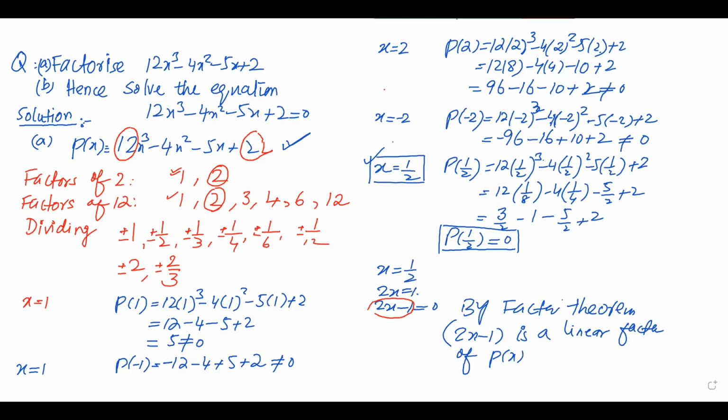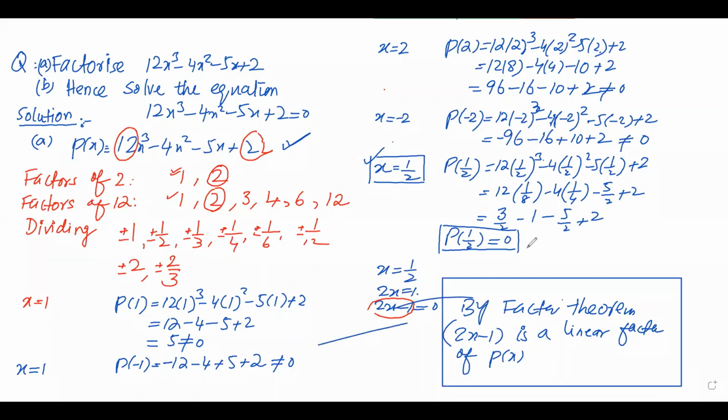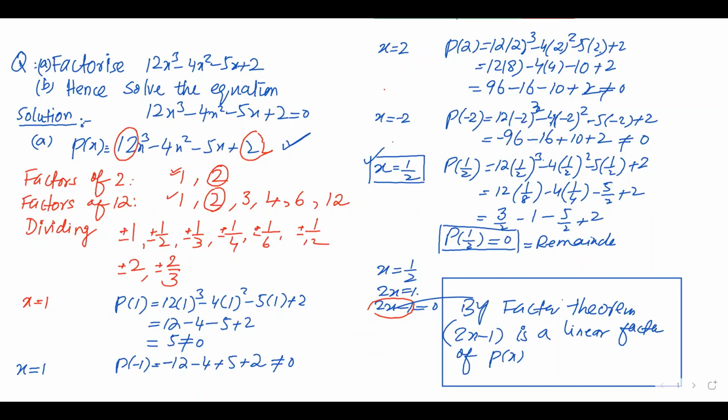So after finding the linear factor, here I can write remainder. This is basically the remainder is 0. So this is a linear factor. If it is a linear factor, then you can find the quadratic factor by dividing P(x) by 2x minus 1. By dividing P(x) by 2x minus 1, so we have